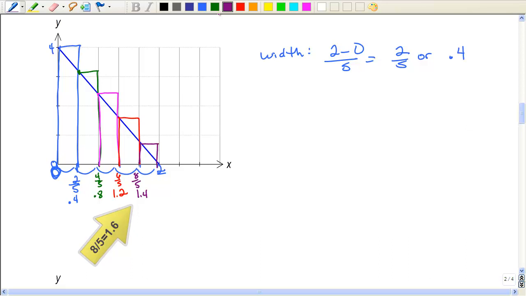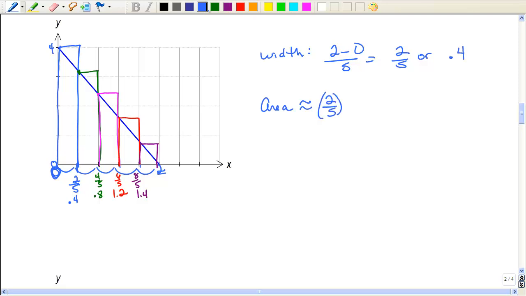So those are the areas of each rectangle. Hopefully you can see that the area I'm going to use is going to be much larger than the area of the original triangle. The area would be approximately equal to